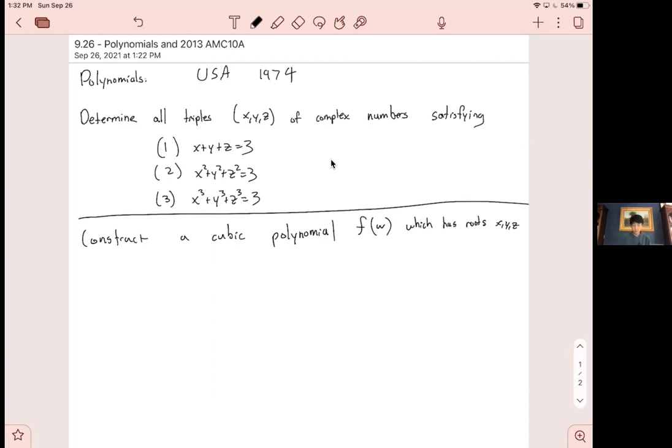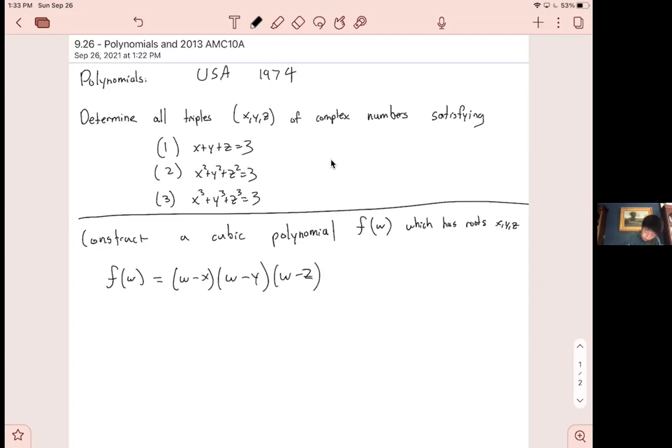We're going to create this polynomial which has roots x, y, z, and then we solve the polynomial and we get the values of x, y, and z. This is the main idea, the cool idea we want to show off. And in order to construct f of w, we use Vieta's. So if we want f of w to have roots x, y, and z, it'll have to be equal to, I hope it's not too confusing having w as the variable instead of x as the input,